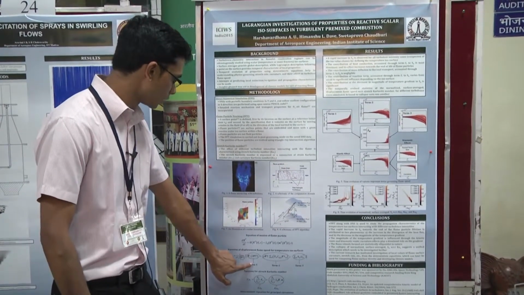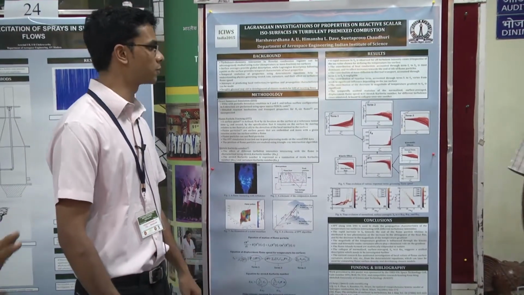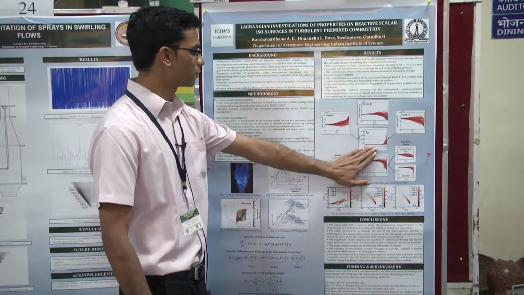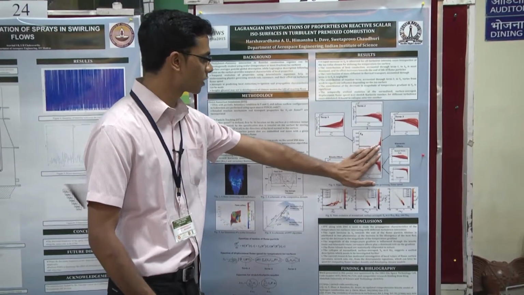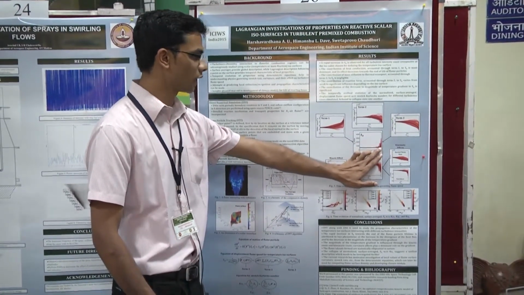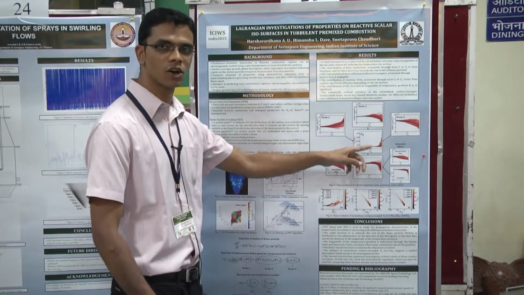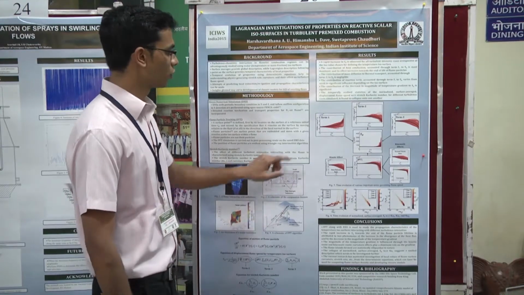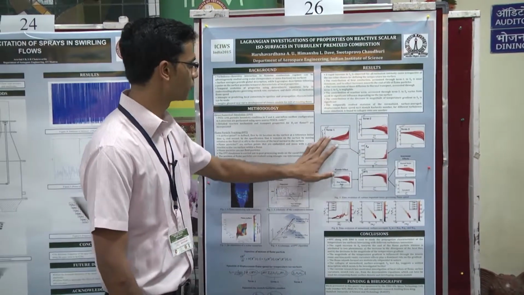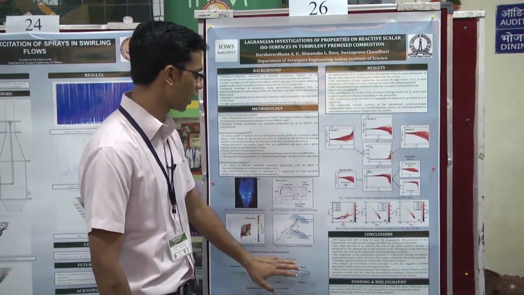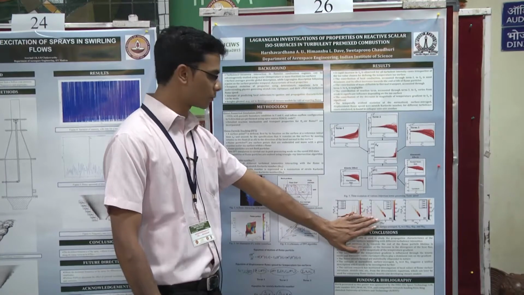There are three terms, term 1, term 2, term 3, and the denominator term, the magnitude of the gradient, which influence the flame speed. Here the red lines show the displacement flame speed with time, where the red lines denote the property for individual flame particles, whereas the black line is the ensemble mean. We are trying to understand the contribution to the displacement flame speed from the different terms. These are the variation of the different terms, and finally we try to understand the sensitivity of the flame speed to the stretch.